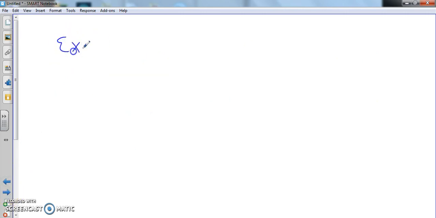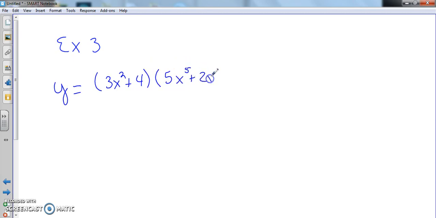So example 3, let's get real crazy. And let's try 3x squared plus 4 times 5x to the 5th plus 2x to the 5th power. This is the product rule. So we're multiplying one function by another function, and then when we get to this derivative, this is where that chain rule is going to happen. So here we go. Derivative of the first, which is 6x times the second, which is 5x to the fifth plus 2x to the fifth,